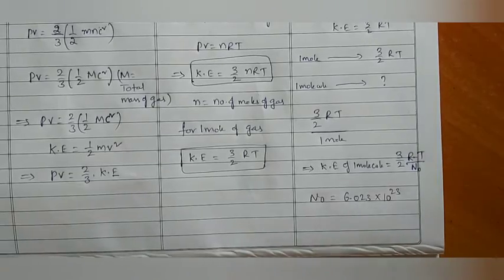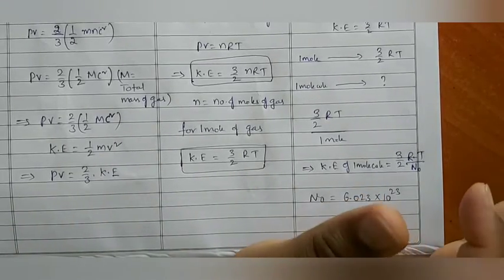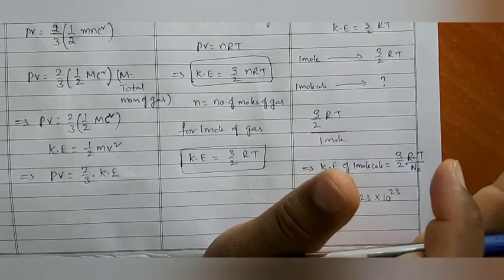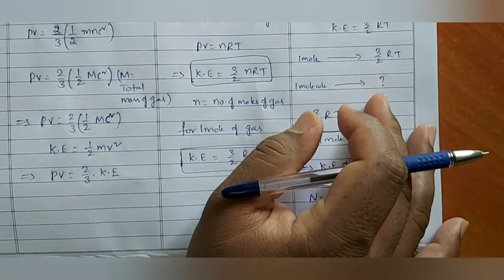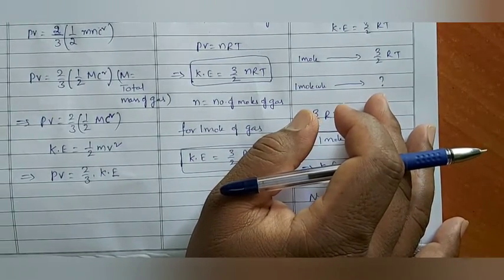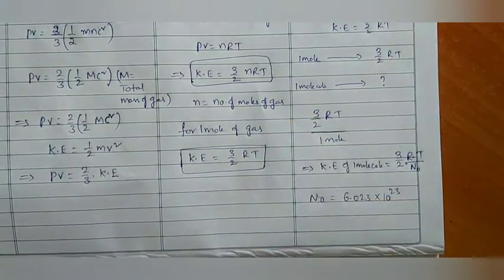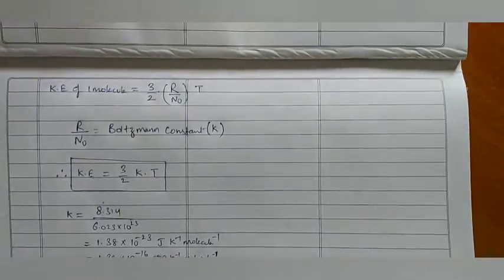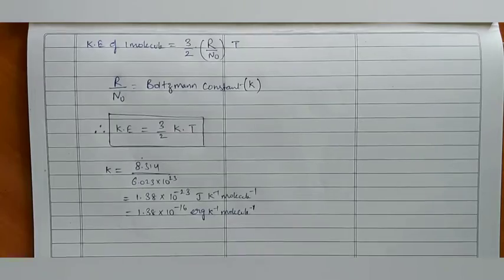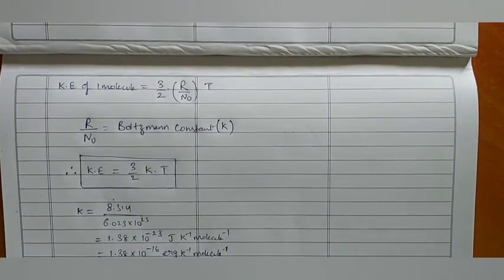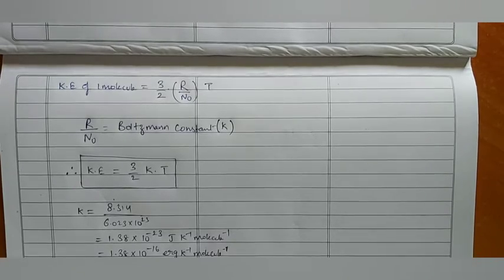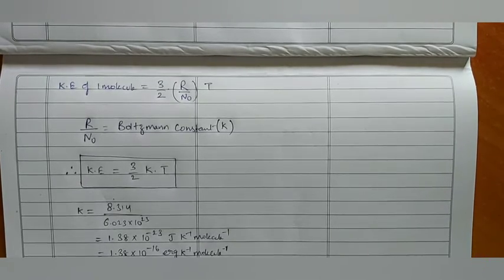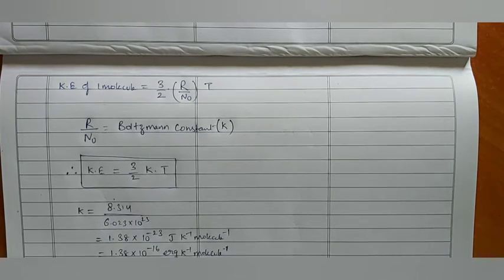Okay? These are the derivations we have done by using kinetic molecular theory of gases. All the derivations we have done, even the kinetic energy of one molecule we have done now. Is it okay? This is about kinetic molecular theory of gases, but by using it, we came to one conclusion that in nature, no gas is ideal. All the gases are real gases.